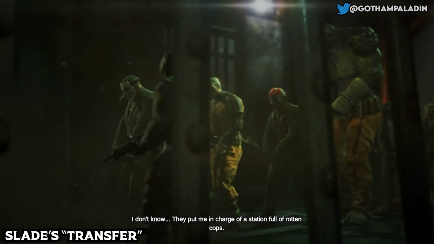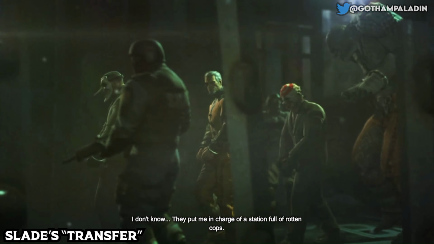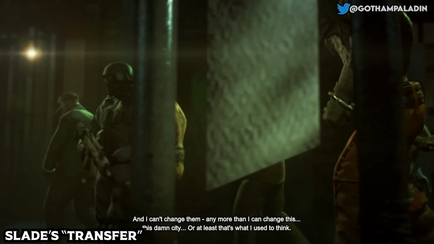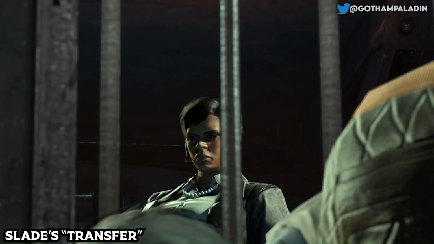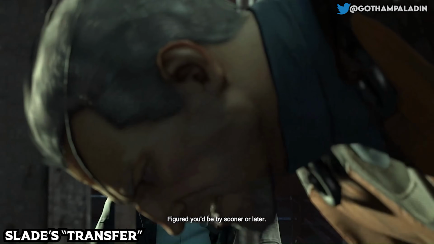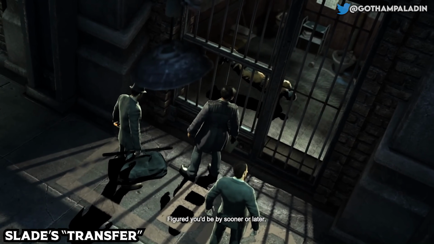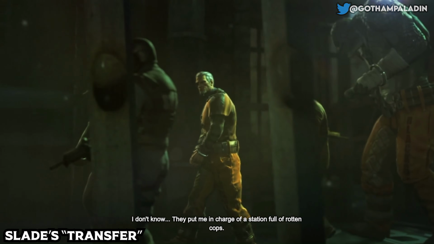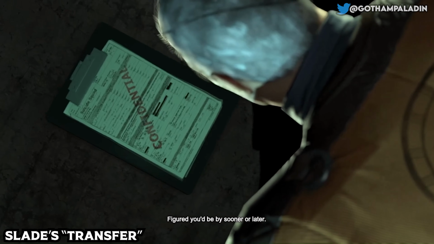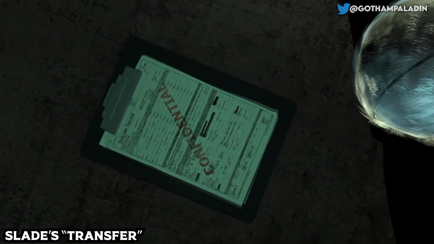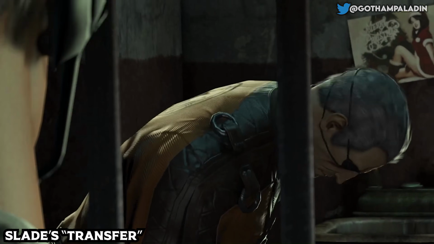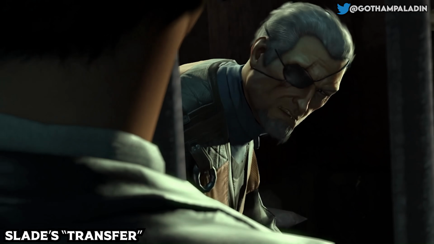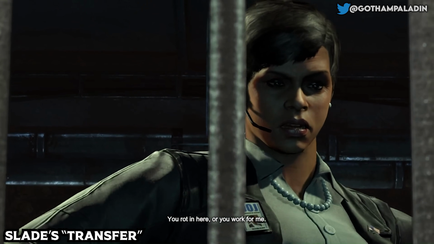So, Slade. At the end of Arkham Origins, you can see Slade being led back to the cells at Blackgate, but this would be inconsistent because in the post-credit scene of the game, it shows him still in that same cell we saw him in doing push-ups and talking to Amanda Waller. But like, he shouldn't be here because he was transferred, right? That's what this is trying to say. This one is kind of dumb to me because he could have just been moved back and then back to his cell, or maybe Slade talked to Amanda first and then got transferred in the cutscene here. You can easily explain this one, so I don't really think this one's that important, but there you go.